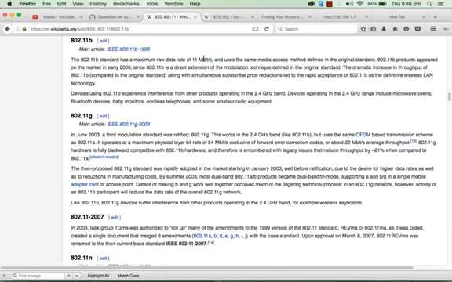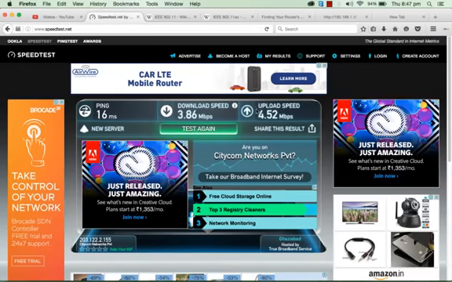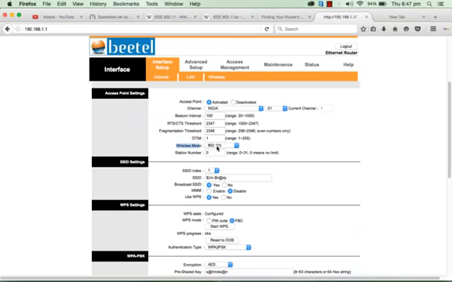If the maximum speed of B mode is 11 Mbps, but my actual internet connection is 20 Mbps, how can I get 20 Mbps? If its maximum is 11, I will probably get 4 or 5, which is what I'm getting here. But if you want more speed, you just click here